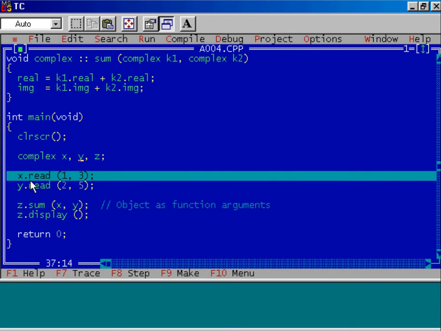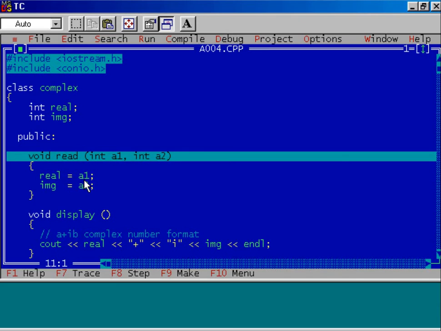After that, I have called the member function read using the object x and I have passed the values 1 and 3. Press F7 key. You see values 1 and 3 are copied to A1 and A2. So A1 contains 1, A2 contains 3. We are assigning these two values to the data members real and imaginary.